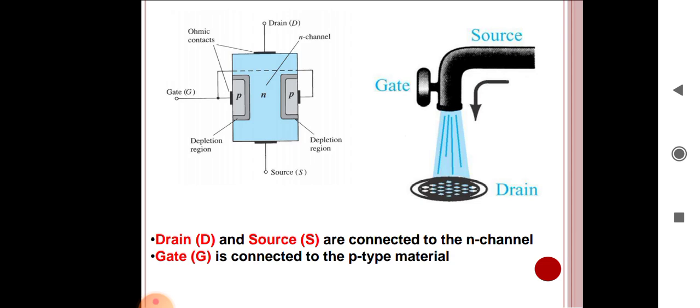So when the voltage is applied across the drain and source terminals, the current flows through the n channel, and the current consists of only one type of carrier, that is electrons. Therefore the field effect transistor is called a unipolar device, right? Then the p-channel JFET is similar to the n-channel JFET, except it consists of a p channel and n-type regions. In the p-channel JFET, the current flows due to holes because the majority charge carriers in the p-type semiconductor bar are holes.